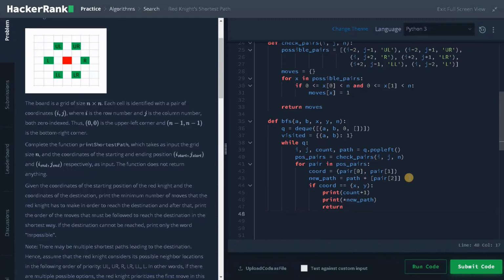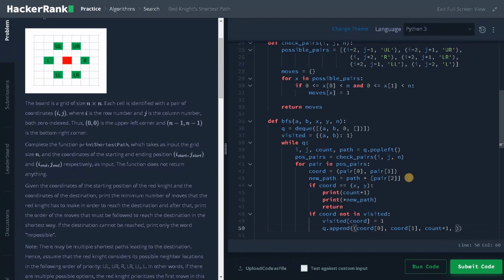And in the second condition we have to traverse the queue, right? So for that, if coord not in visited, if it's not visited I will add that to the visited, of coord equals 1, and I will add it to the queue with queue.append, again a tuple: coord of 0 and coord of 1, count plus 1.